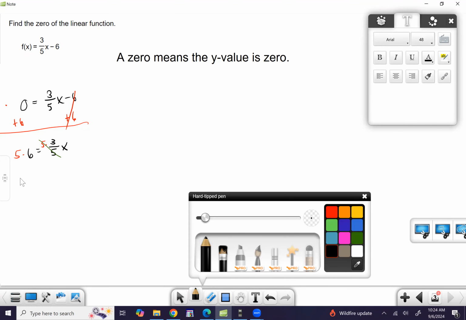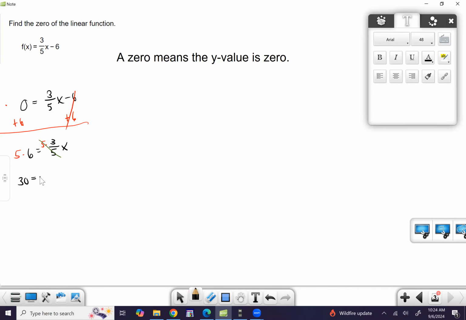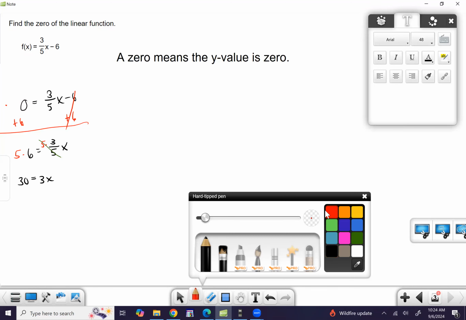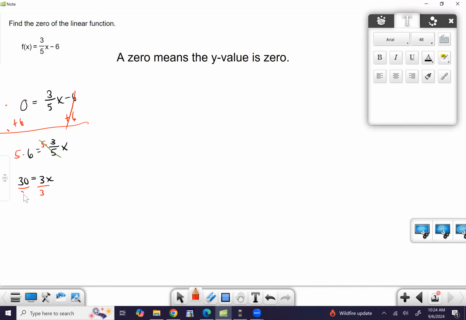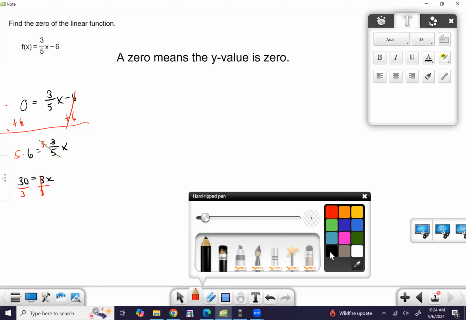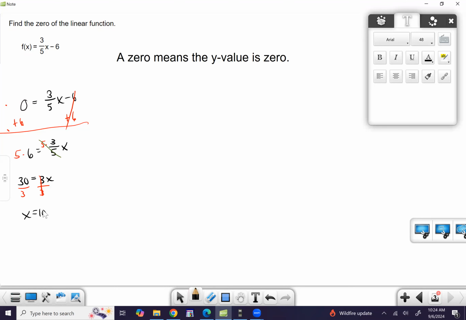So 5 times 6 is 30, and we're left with 3x on the other side. So to get rid of the 3x, we're going to go ahead and divide by 3. So we know that x equals 10. Now let's take it from this spot right here. It's like rewind, okay? Or if you're right here